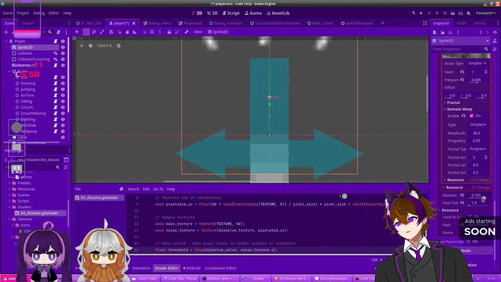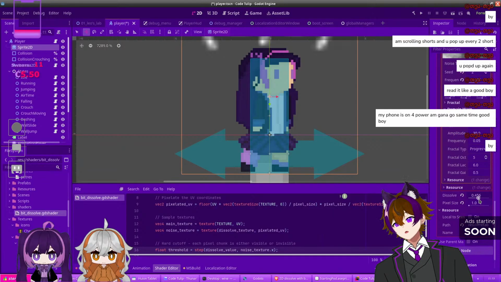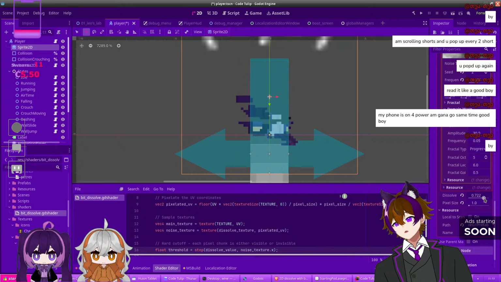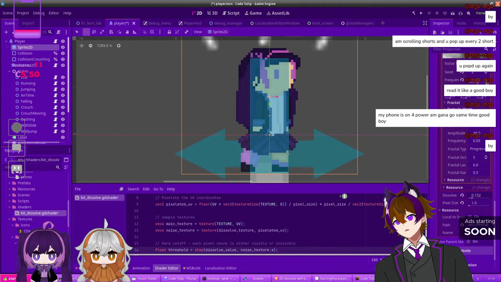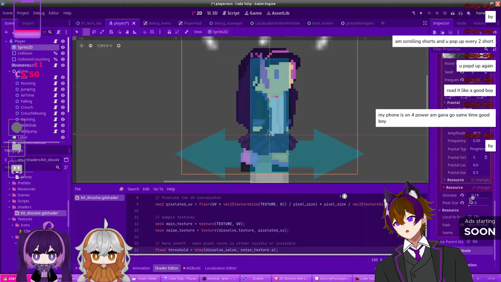And if I change the seed, it also changes the effect. Unless I have like good seed. Oh, that's almost there. That's the effect, except